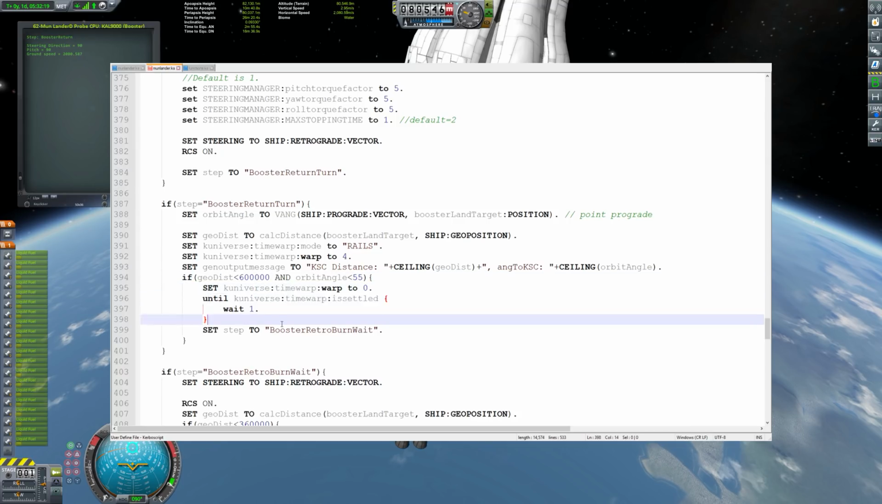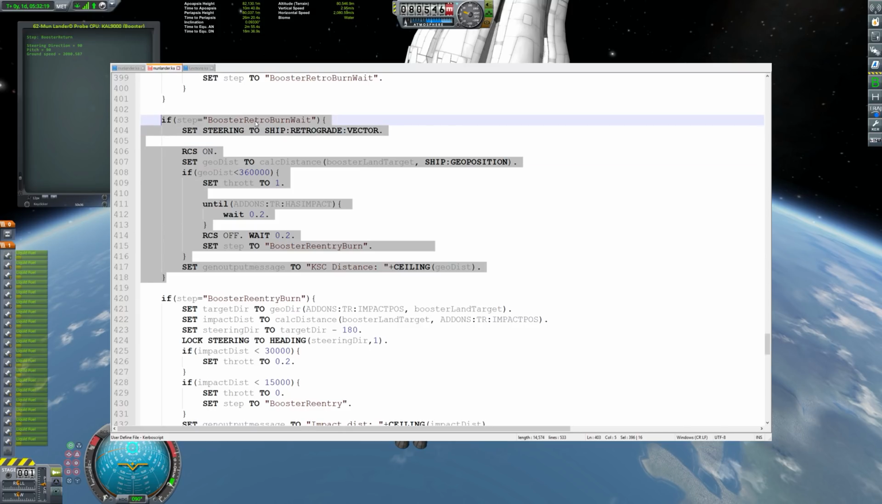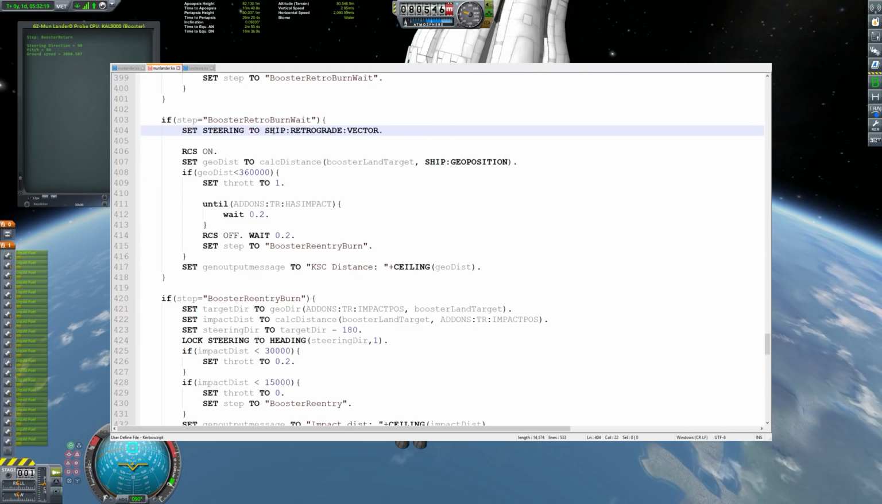I'm not sure if that's the best thing to do again, but that seemed to work for me. So then we jump into the next phase of our script. We basically turn our ship retrograde and set our RCS on. We just need to do a small burn until we drop into the atmosphere, until our Trajectories mod has been able to kick in. So as soon as we hit 360 kilometers there, we set our throttle to full, and we just wait now until we can detect an impact on the surface with our Trajectories mod,